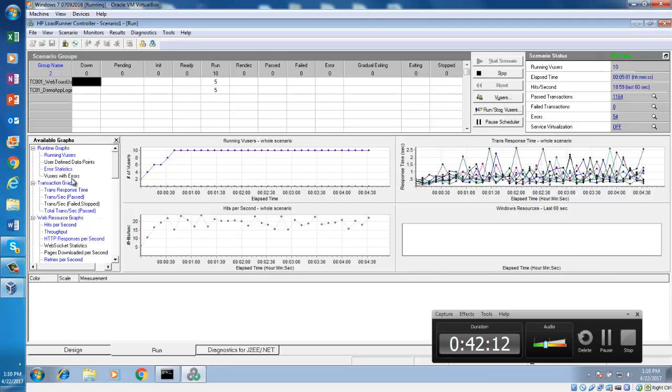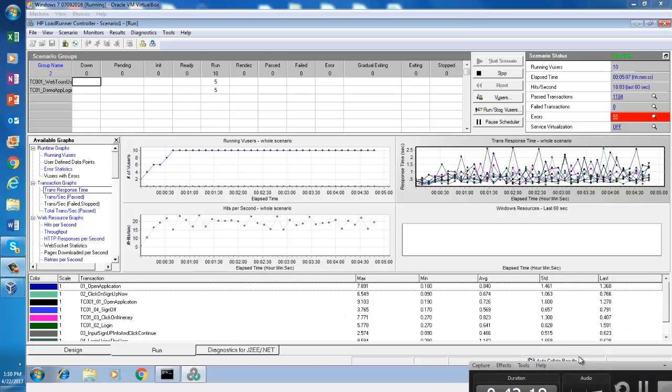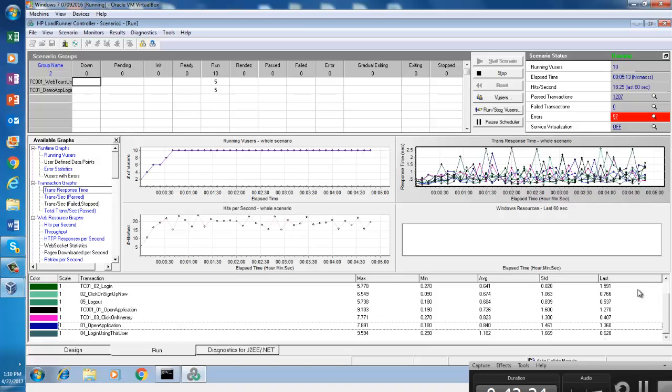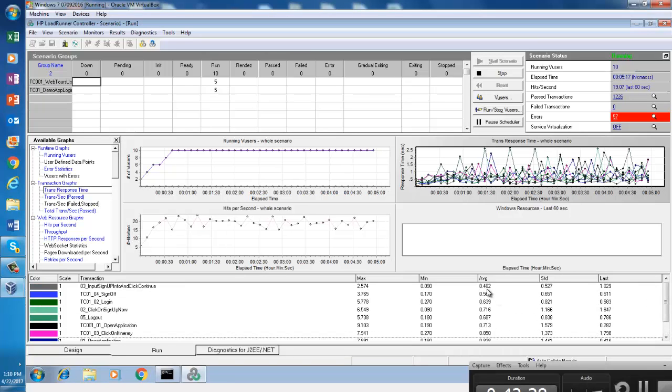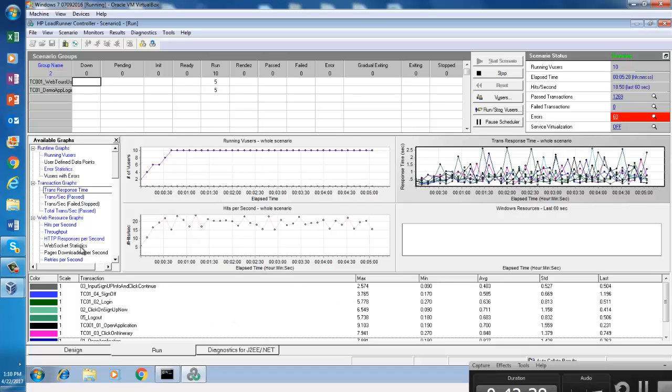And what you look at, can you see? If you take a look, transaction response time. You can see all of the transaction response times here. You look at the average transaction response time, right? For all of the transactions, you can see the average transaction response time. But we didn't put any SLA on anything. But we can really see what time it is taking.